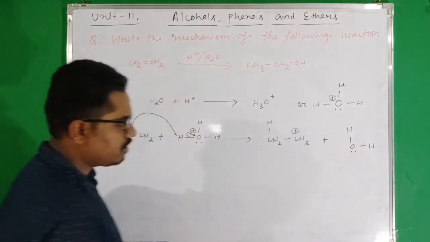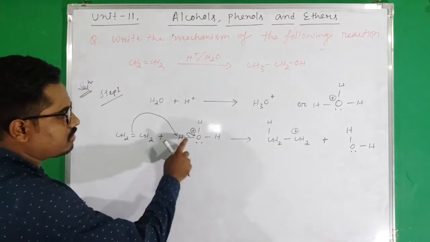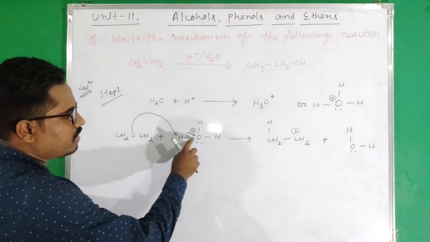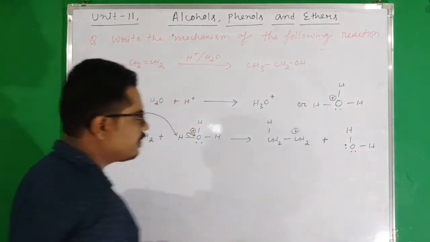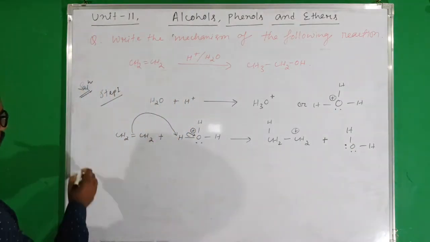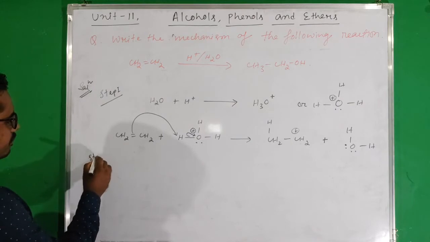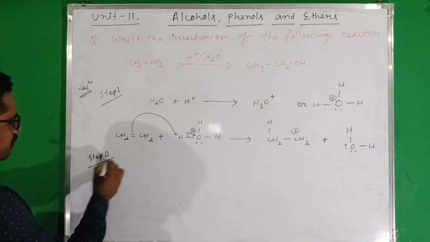Initially one lone pair was present. Now due to attraction of these two electrons, another lone pair will appear here. Okay, in second step,